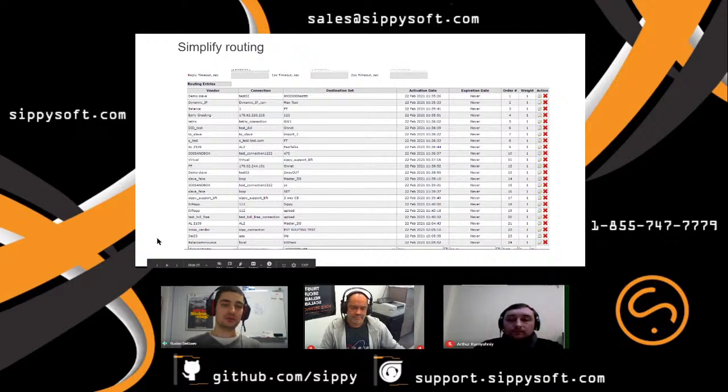Simplify routing. This option, I guess not option, but this solution is some kind of additional way to release some system resources. Using a shorter routing list in the routing group will simplify the routing process and free up additional resources. In the screenshot, you can see a large number of routes in the routing group. If you have such routing groups where some routing entries can be deleted, then this will simplify the routing process for the system.